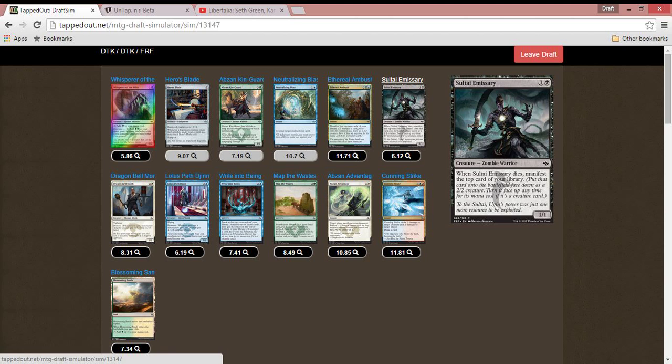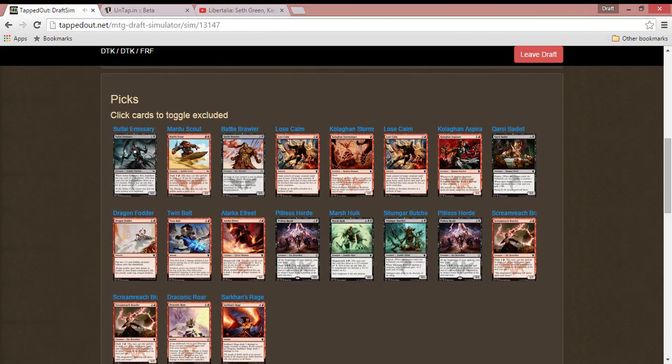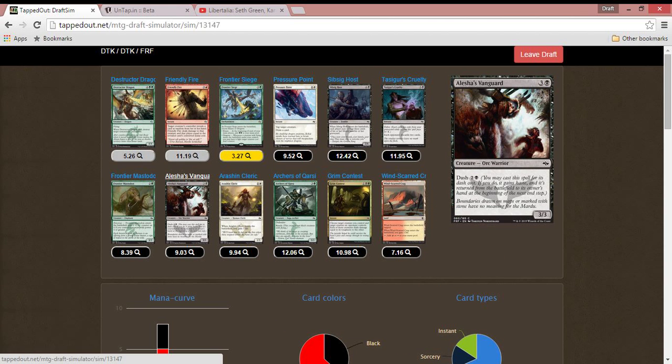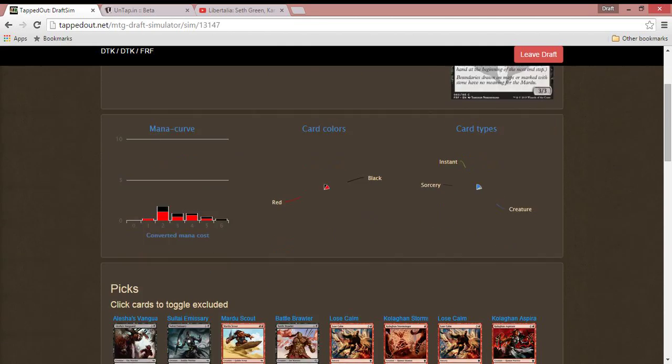I'm going to take Sultai Emissary as well here. Get a nice little aggressive curve going on. Seems pretty solid so far. I'm going to go ahead and take Alesha's Vanguard as well. Seems good. There's a Destructor Dragon in the second Frontier Siege, but